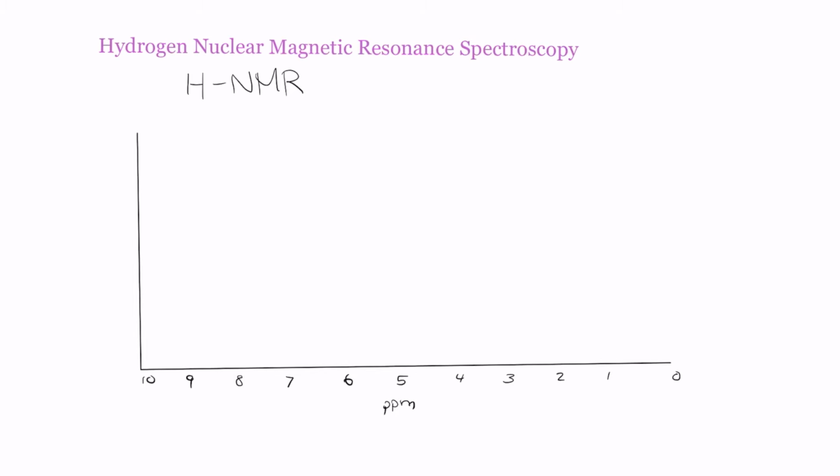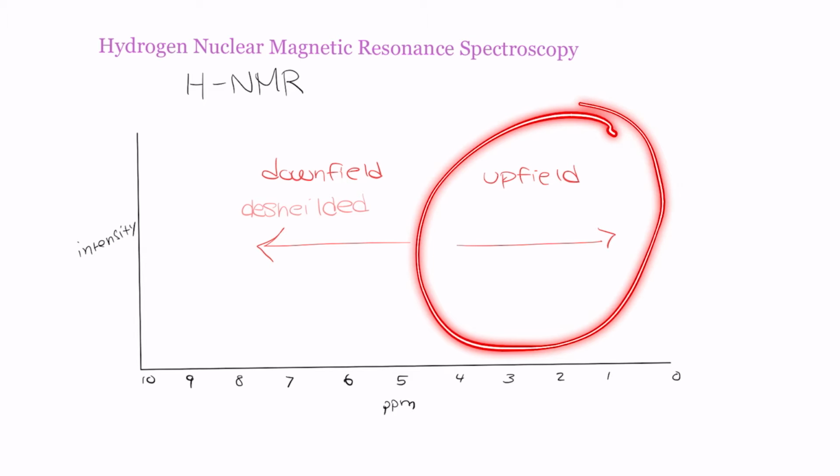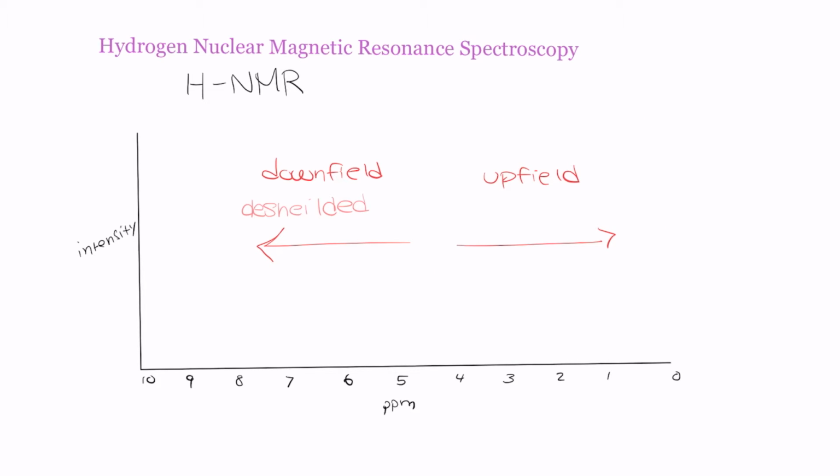On the y-axis, you're going to have what's called intensity, and we'll talk a little bit about that later. Towards the left of your graph, you're going to have what's called downfield. And towards the right of your graph, you're going to have what's called upfield. Let's say a signal appears on your graph in this region, downfield. We would say that that signal is going to be more de-shielded. And if a signal appears towards the right of the graph, that means that the signal is going to be